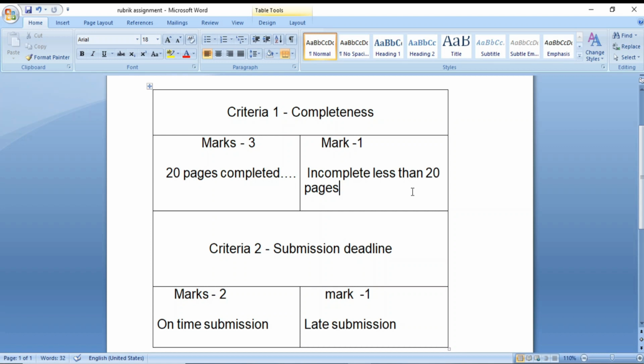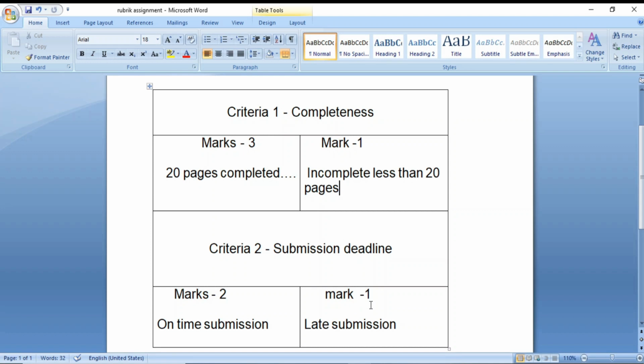If the student is incomplete, with less than 20 pages, they will be awarded 1 mark. Likewise, in criteria 2, the submission deadline, if the student submits on time, they will be awarded 2 marks. If the student submits late, they will be awarded 1 mark.